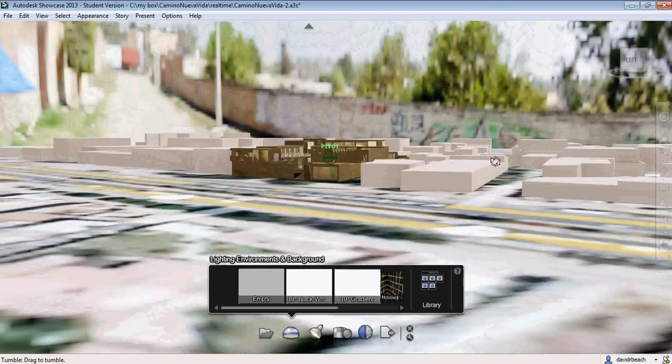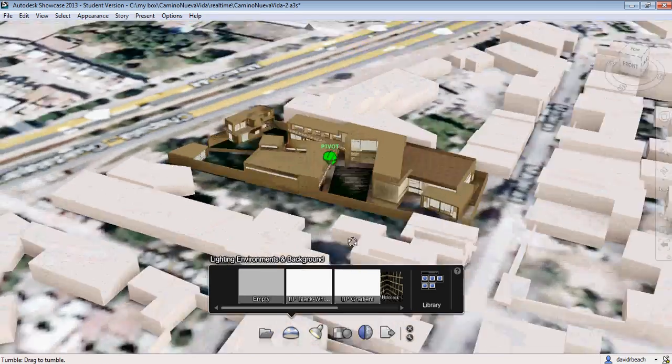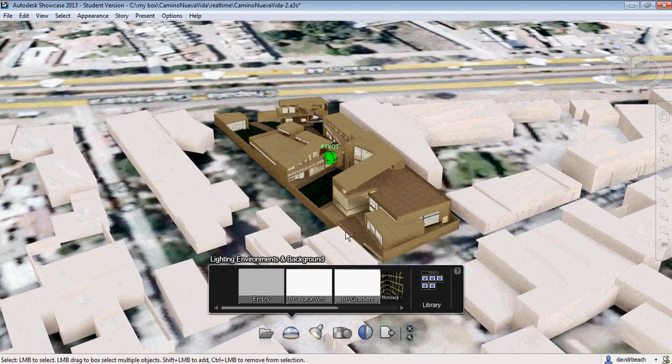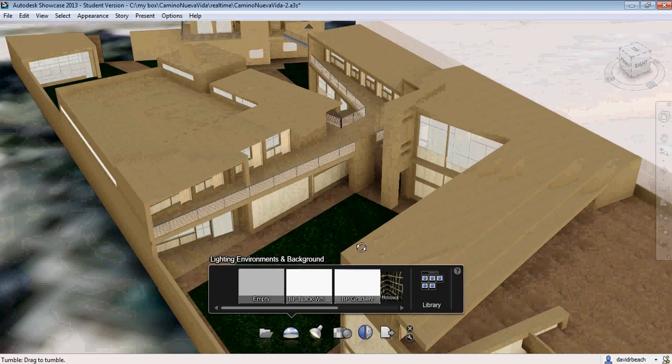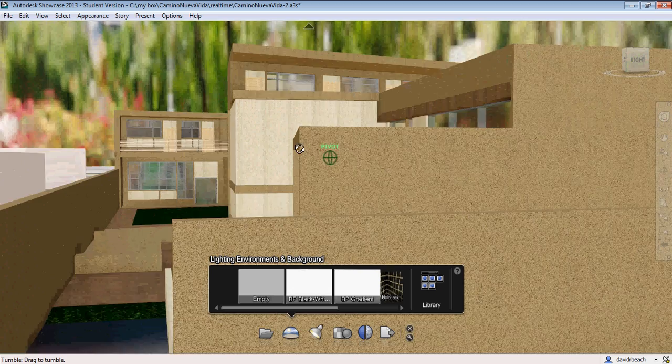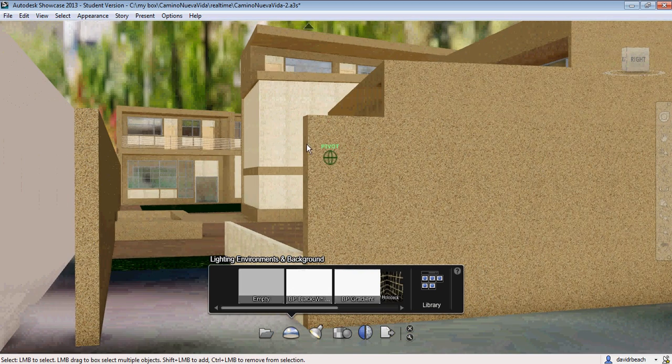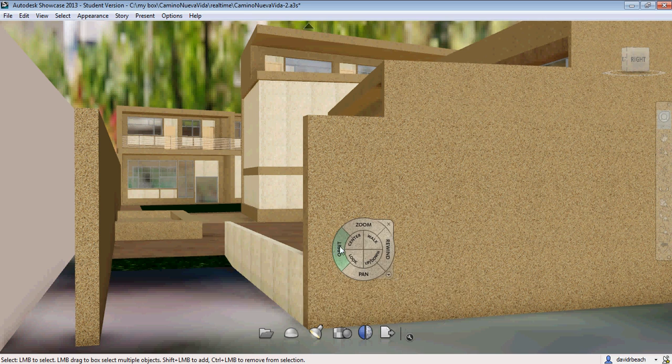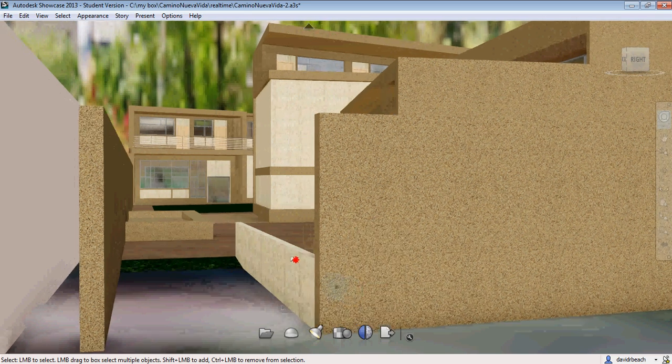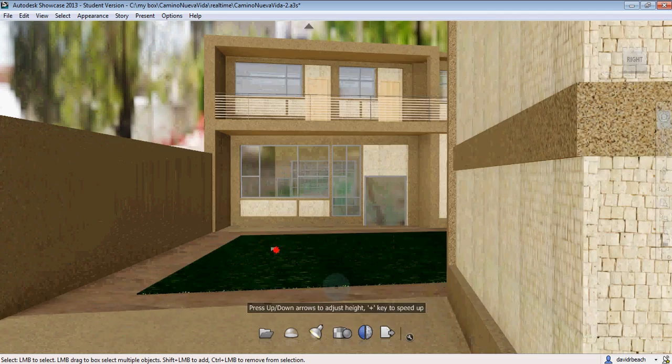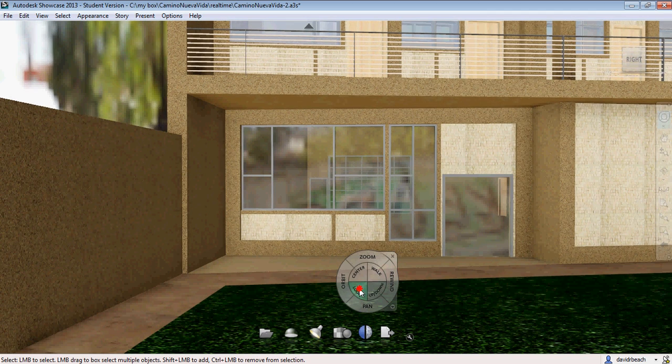You can see it really doesn't have a significant bearing on the speed at which Showcase is working and moving around. It's still behaving in a really responsive way, which is great. And now I'm ready to start setting up a new walkthrough on this with a little bit more context,